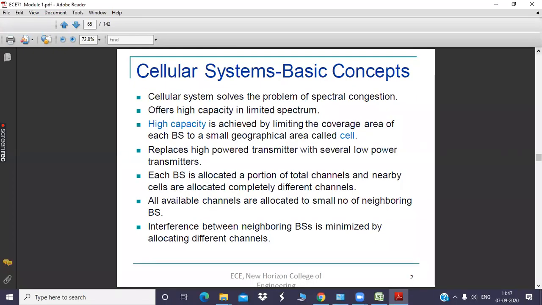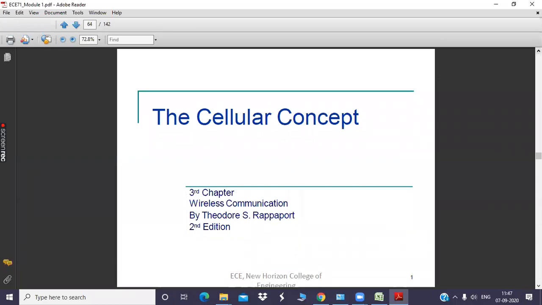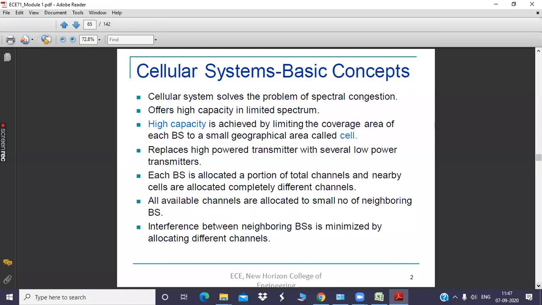From this, actually, the module starts. Till now we have discussed the introduction part of this particular subject, wireless and mobile communication. So you got an idea about the subject or the concept behind the channel assignment, the mobile station, the architecture, the PCS service, what is paging system, what is PSTN network, what is cellular network, and some ideas about the terminologies like base station, mobile station, reverse channel, forward channel, control channel, everything. Now from this, we will discuss the cellular concept and frequency reuse.